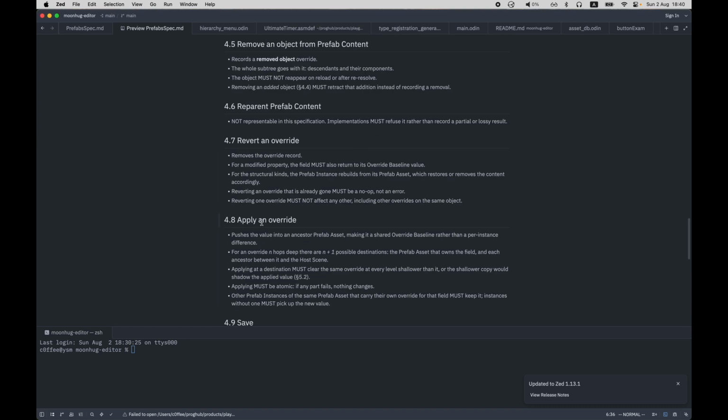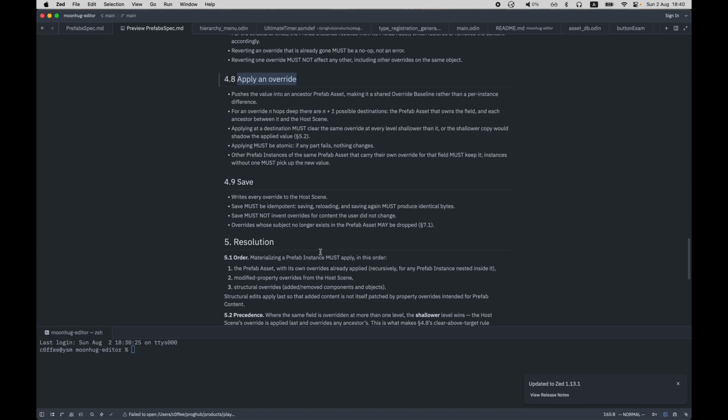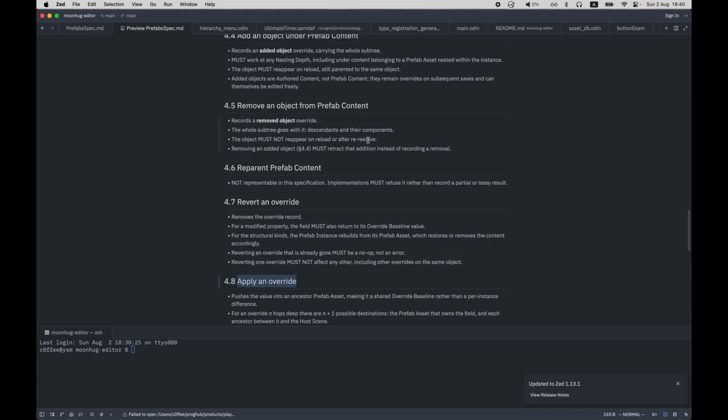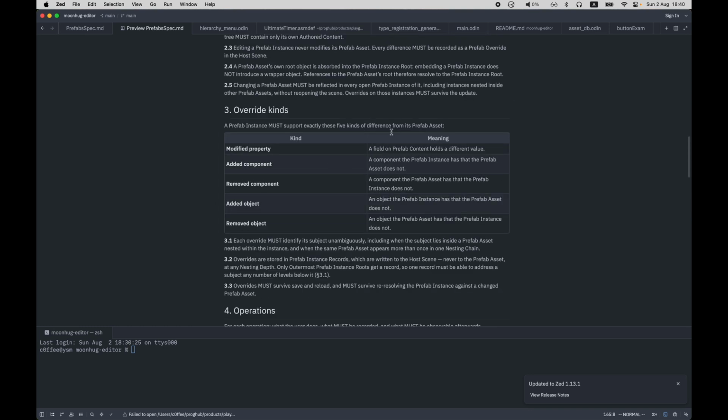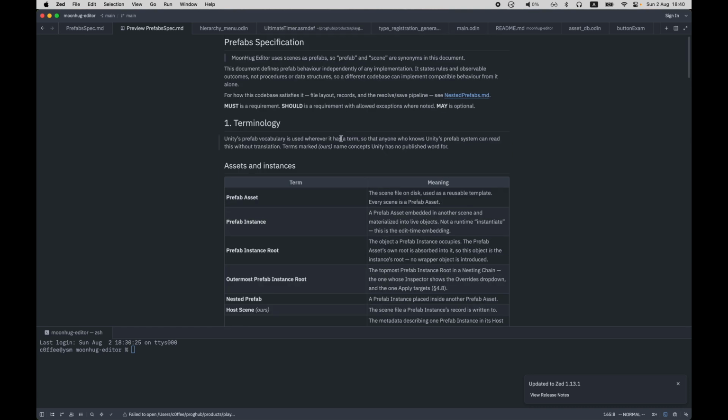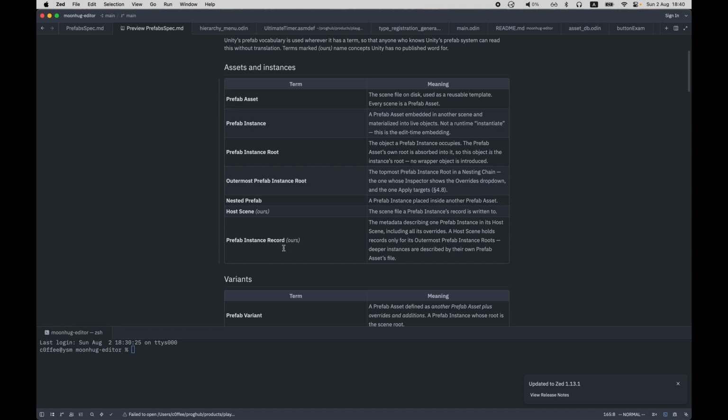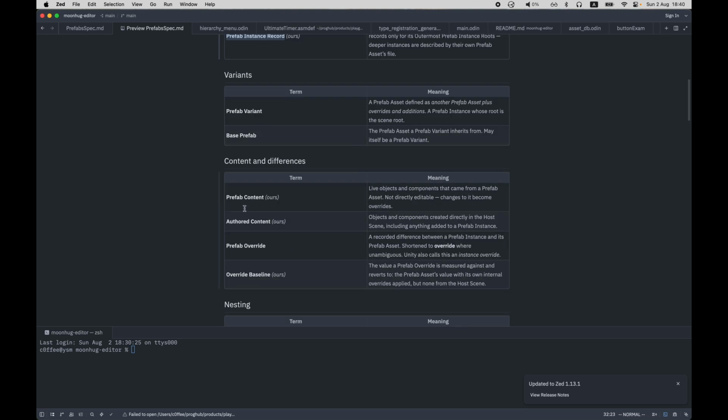So here we have how revert of override behaves, then how apply behaves, what save means, and so on. And terms are taken from Unity mostly, where I couldn't find a matching term, I invented my own. So here we have host scene, prefab instance record, prefab content and authored content. So prefab content is everything that is within prefab bounds, and authored content is part of the scene we're editing